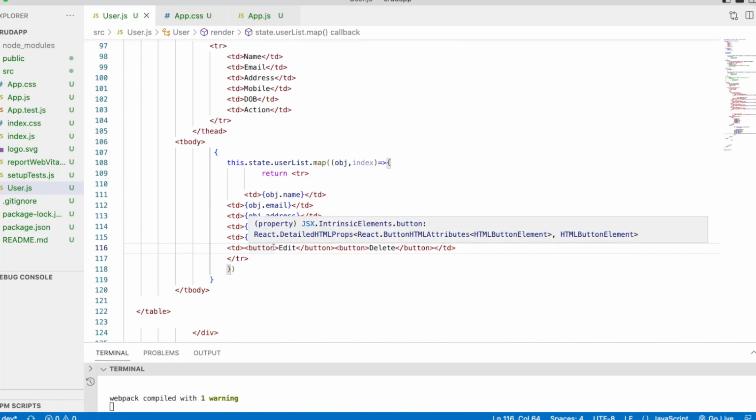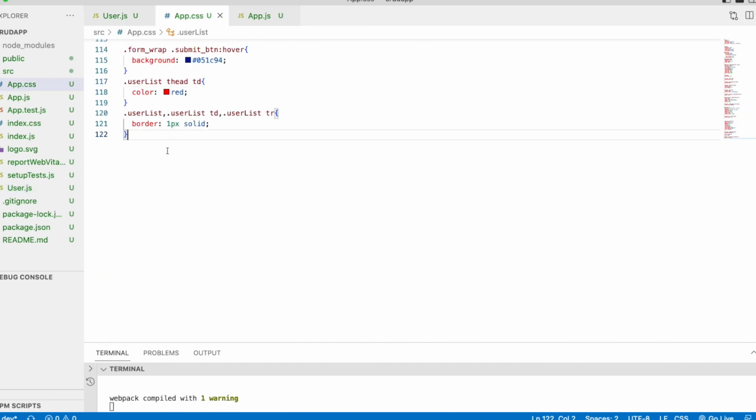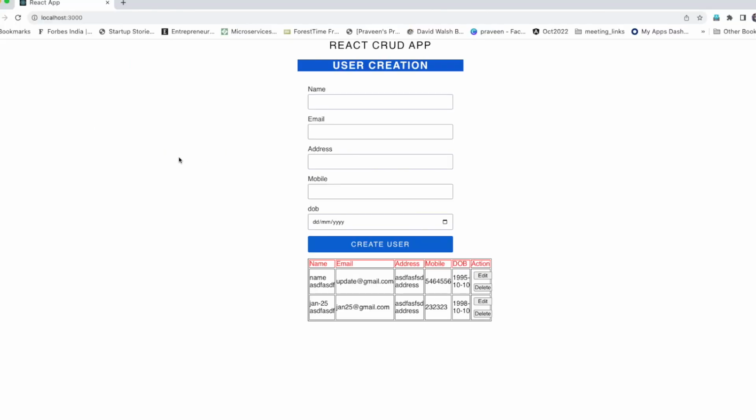If you want, we can have an action button. I am adding a simple class name, and this also I will add a class name here, and for this class name we will add some CSS. Let me check whether it is working or not. Okay, I think we need to increase the table size. That we will see how to increase later. Okay guys, so now it is